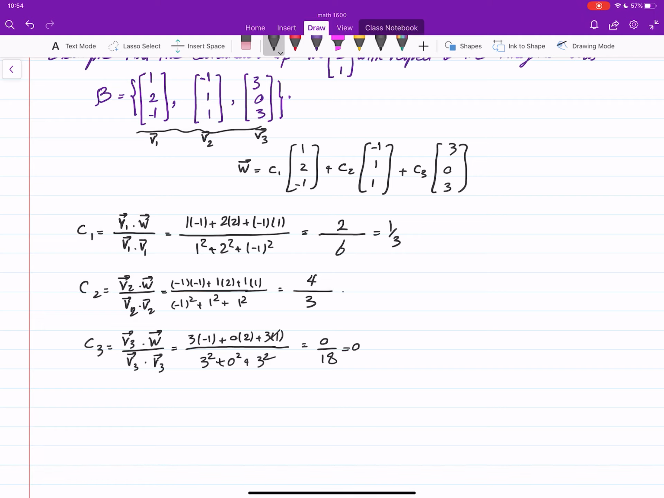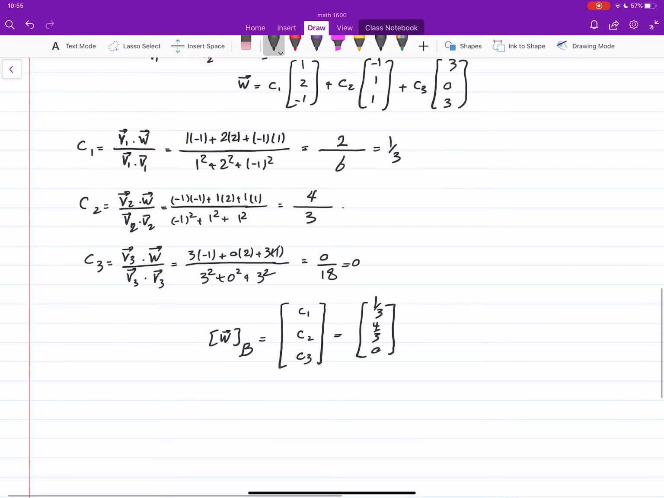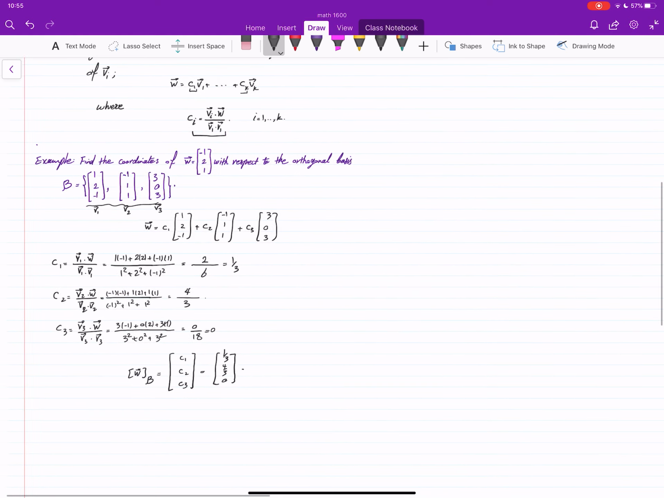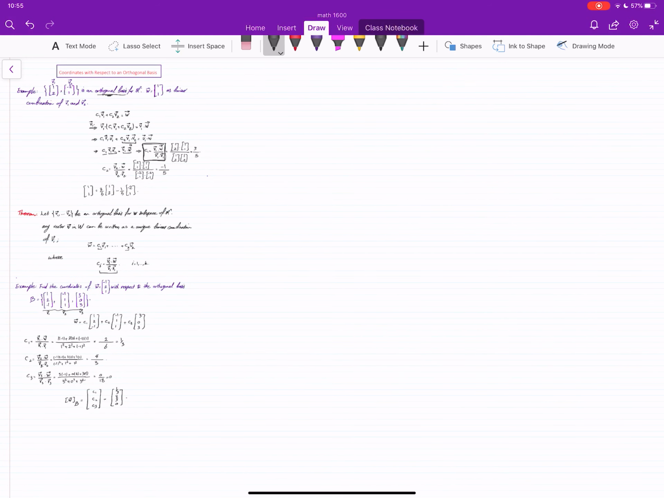So we found the coefficients. And remember, when you have the coefficients of the unique linear combination of the vectors of a basis, if you put them in vector form, we call it the coordinates of that vector with respect to that basis. So in this case, C1 goes there, C2 goes there, C3 goes there, which are 1 over 3, 4 over 3, and 0. And that's what we have. That's very important, and it happens when we have an orthogonal basis. Finding coefficients and the coordinates is just like a piece of